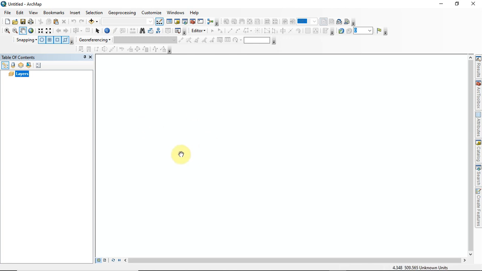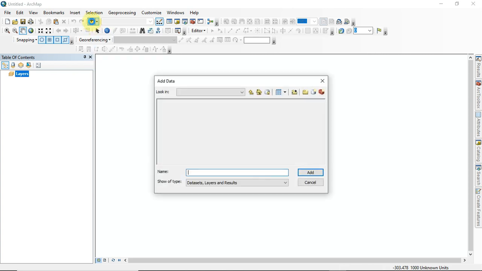So we will see how we can launch data. Remember that your data are actually contained in different locations. Look at this button here. This is what we call the add data button. This is add new data to the map, active data frame. For you to add anything here, you need to go here and add your data depending on where